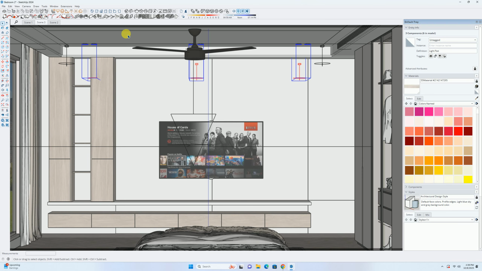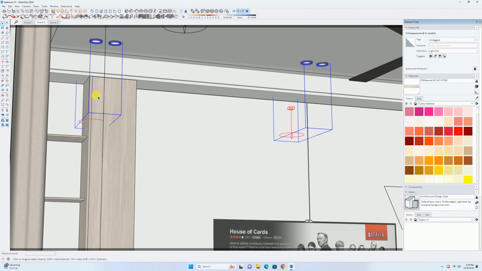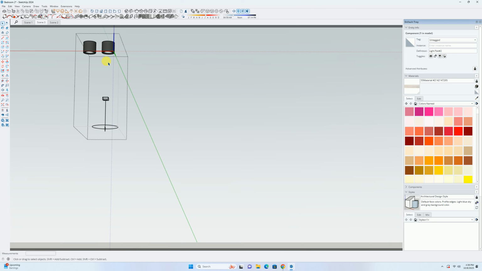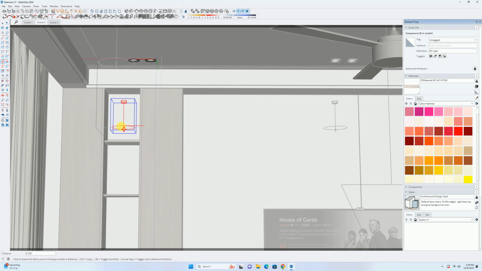One more thing that I want to change over here is, as you can see, this light is getting stuck behind this element now, so it won't be showing us its reflection. So what I'm going to do is right click on this light and convert it into a unique element. Then I will move this light element in the Z axis, at this point, for about 8 inches, right?